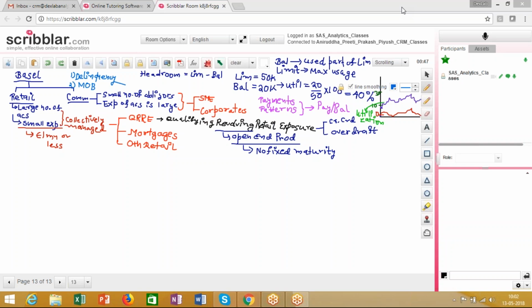Right now, we'll talk about month on books and delinquency, and we'll see how these are important variables in the model going forward in developing Basel models and so on. So over here, the first important thing is talking about delinquency. So what is delinquency? Delinquency is the act of missing out on a given installment payment. So delinquency of an account actually arises when the account has missed out on the payment of an installment.